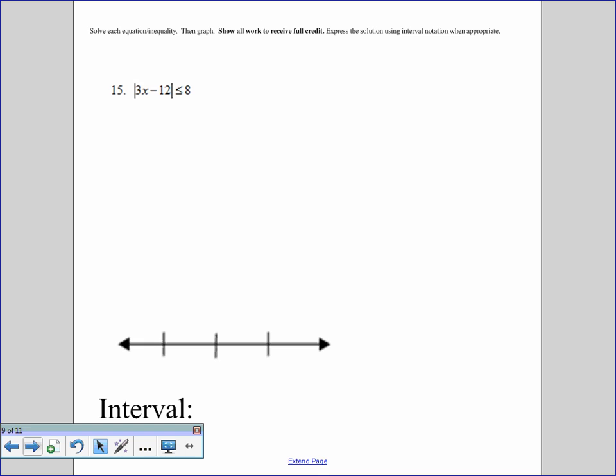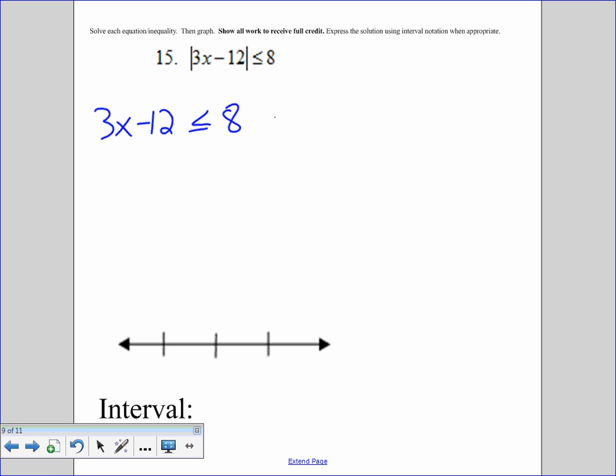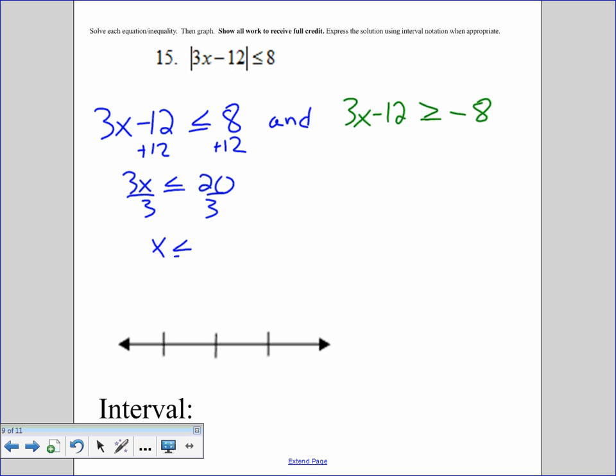Right, for number 15, the absolute value is isolated, so I can create my two equations. 3x minus 12 is less than or equal to 8, and 3x minus 12 is greater than or equal to negative 8. Then we're going to solve each one individually. I'll add 12 to both sides, and I'll get 3x is less than or equal to 20. Divide both sides by 3, and I'll get x is less than or equal to